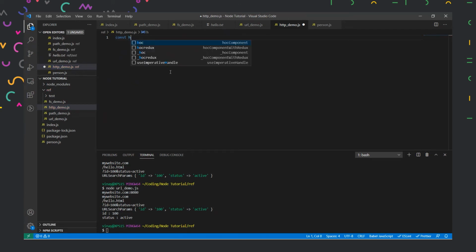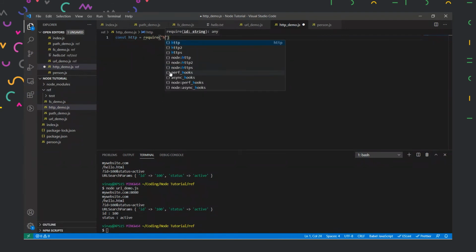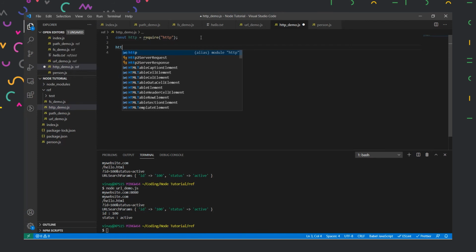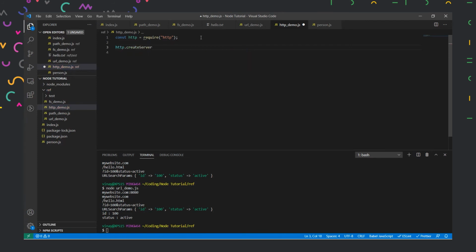So I'll just put http equal to require('http'), and that will grab the module from our inbuilt functionality itself. So now let us say I want to create a server using HTTP. What I can do is just use http.createServer, and then it will get a function inside it